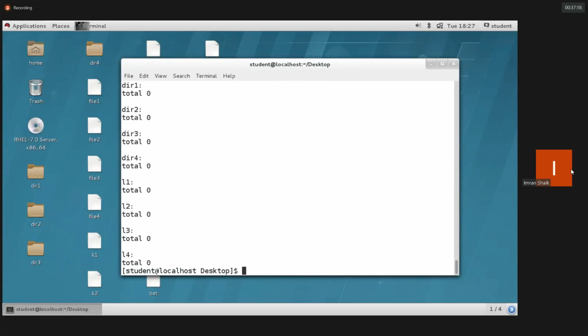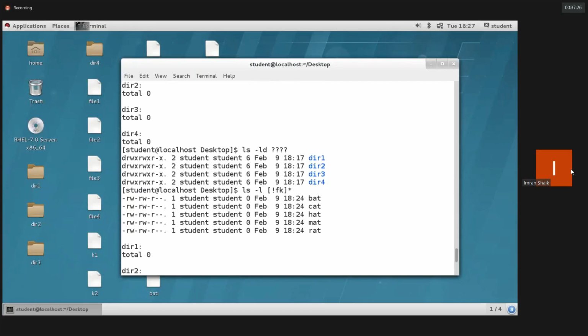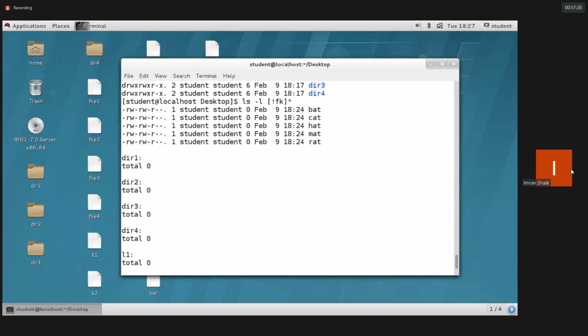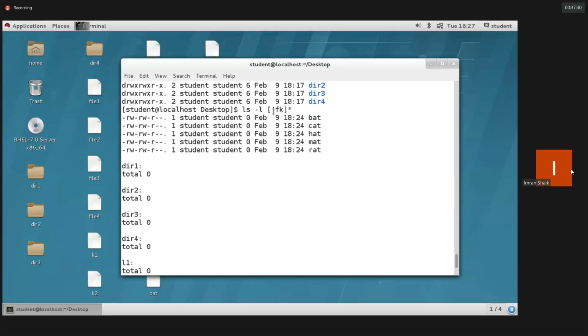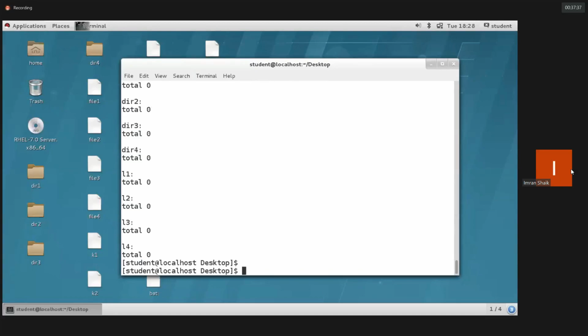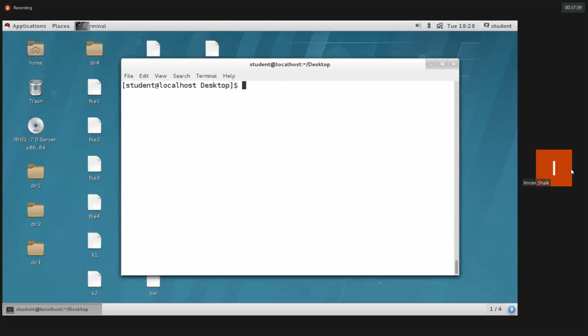Apart from that, everything will print, excluding those. The starting letter F and starting letter K files are not going to print. The exclamation mark is a not. Apart from the files starting with F and K, everything will print. Clear? I hope you got it, guys.